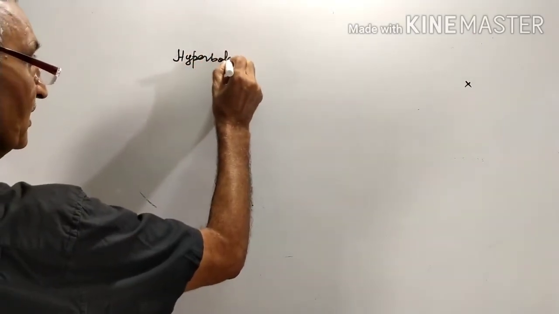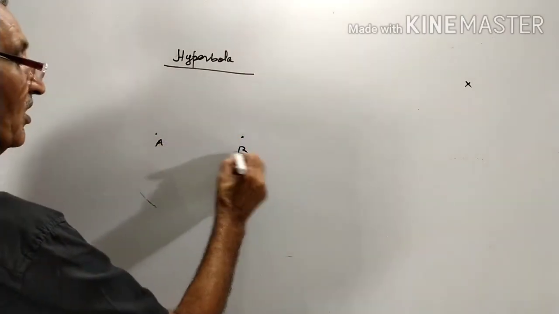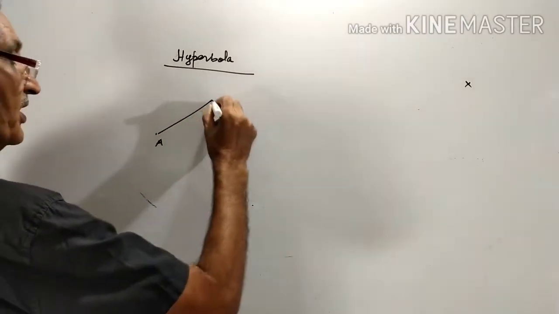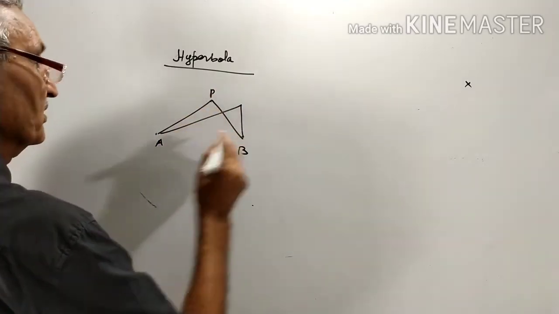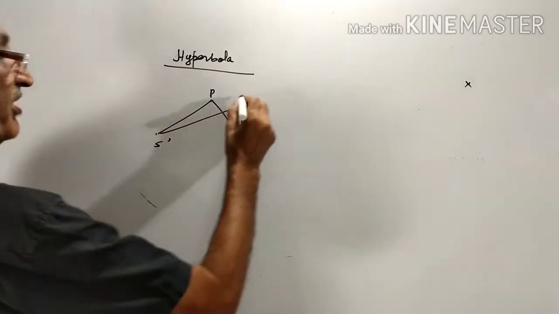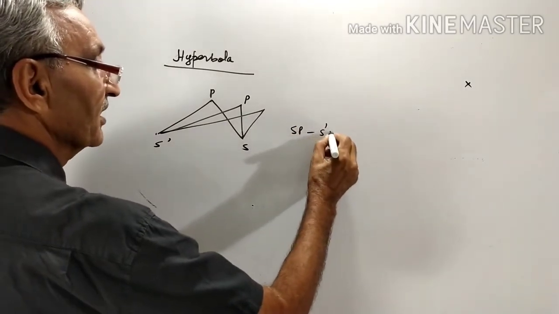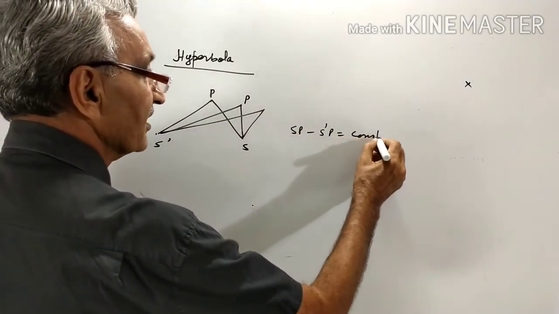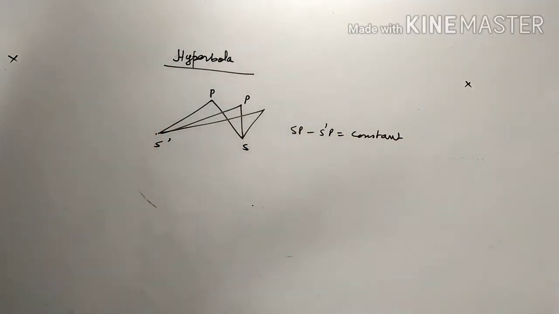हाइपरबोला की बात कर रहे हैं कि ऐसा है कि यहाँ पर दो फिक्स पॉइंट हैं ए और बी, और यहाँ पर सच दैट ये पॉइंट ऐसे मूव करेगा कि डिफरेंस ऑफ देयर डिस्टेंसेस, यहाँ पर मैं इसको एस और एस डैश कह लेता हूँ ताकि फोकस का नाम लिया जाए. वेरी फेमिलियर वर्ड टू अस कि इनका एस पी और एस डैश पी इज ए कांस्टेंट. दिस इज अ कांस्टेंट. इन केस ऑफ इलिप्स it was the sum of the two focal distances was equal to